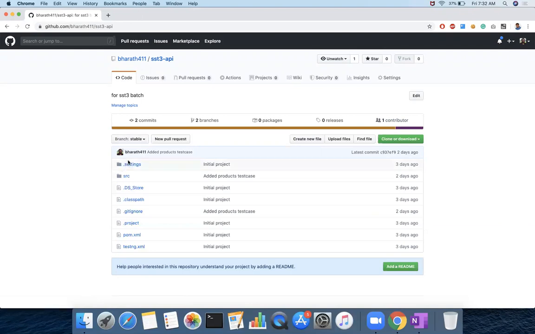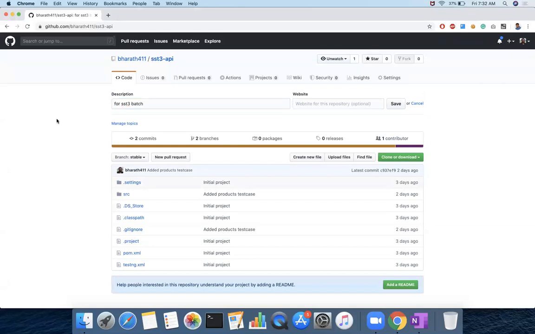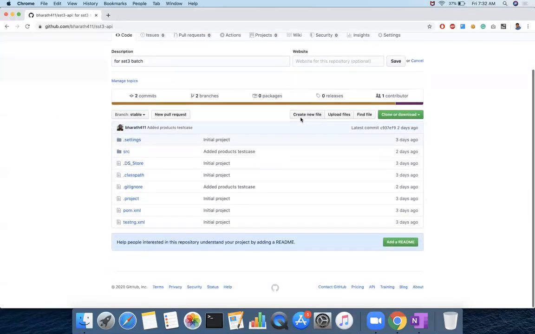Okay, so when all the files have been added into your repository, this is a repository. A repository is nothing but a place where you can put similar kinds of files. Here, code files we will put together. Inside that you have a description and a website, all these things.